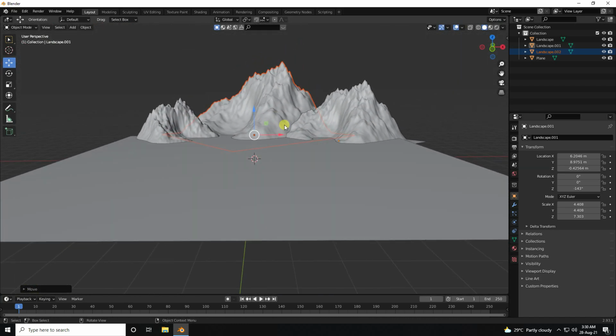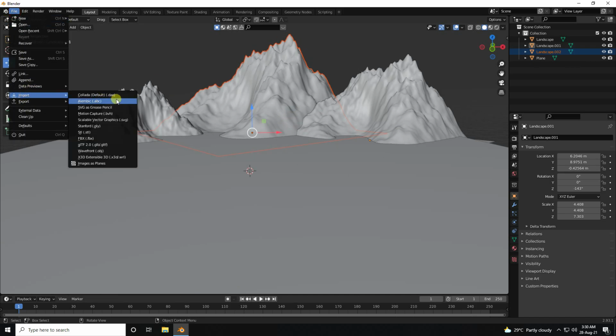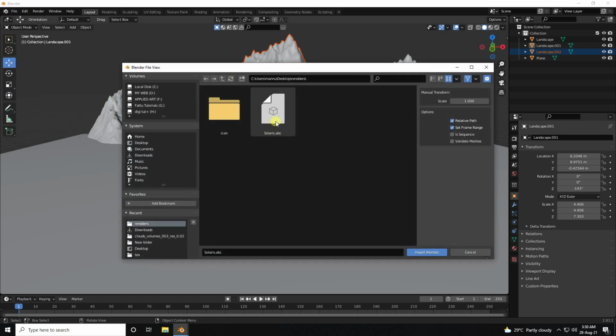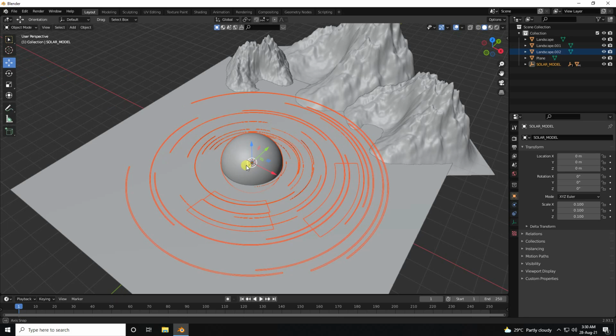I apply 3D object. So guys go to file and import, and see guys that's my ABC format file, this one. Yeah, and see guys that's my file. So also guys I change scale size, this one. Scale size I like 0.1 and import your object. Yeah, it's good. See, right.